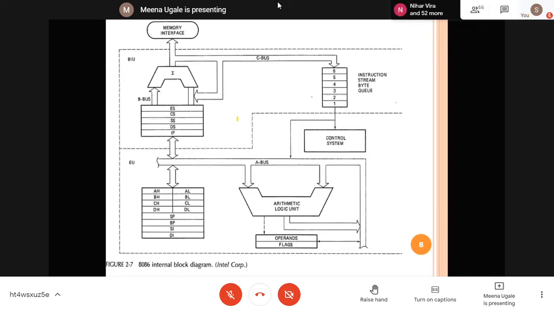I will be sharing the e-book for this part of the chapter, and you can refer to the slides for the final theory exam also. Most of the content I'm putting on the slide, which is enough for your study. And some notes also I will be posting on Moodle after the lecture.